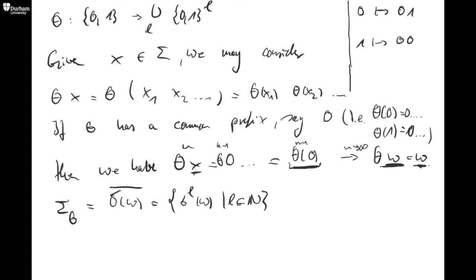Okay, and then we take the closure of that. And this is a subshift. It's easy to see that it's closed by definition, but that it's invariant, well, it's also not hard, but I won't discuss that. In fact, this is a minimal subshift,